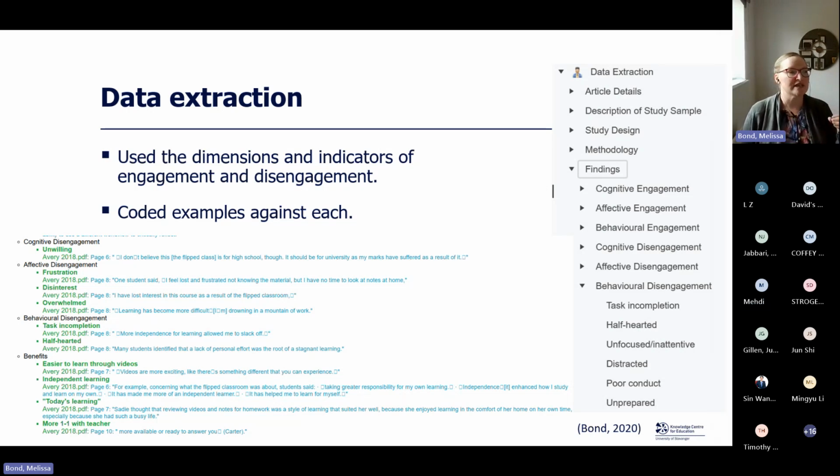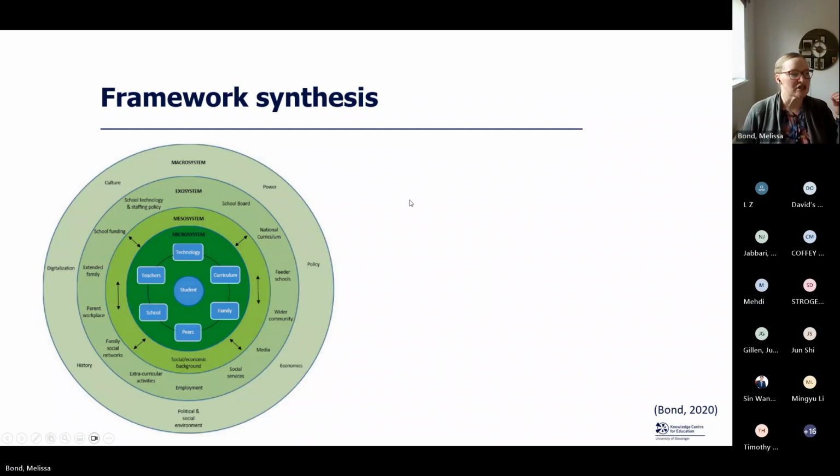I was also able to add extra understanding of how different external factors influence and affect student engagement. You can see that here, where there's the immediate teaching and learning environment that impacts on student engagement, through to the wider exo and macro system.